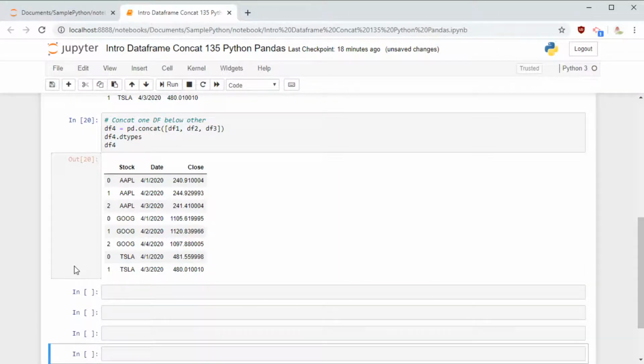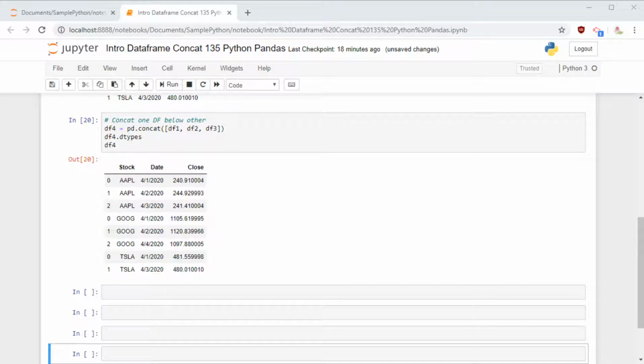And the interesting thing, if you notice, the index number is repeating. So the index number is not unique. So how do we fix this problem? In future, if we have to refer to a particular row, how do we uniquely identify it? To make this unique, what we can do is add a key column.